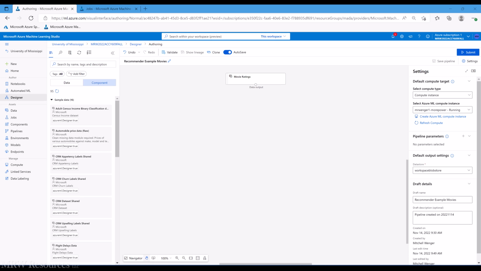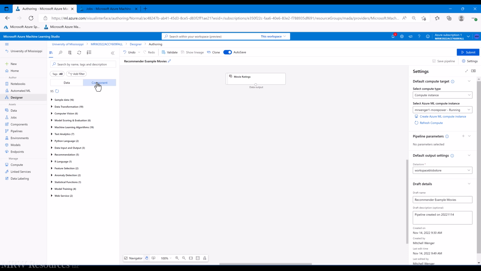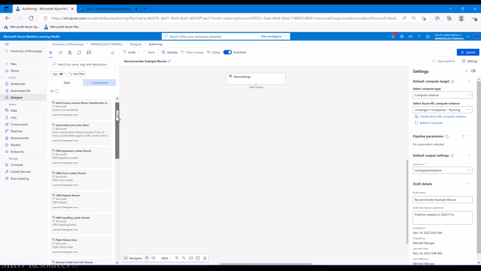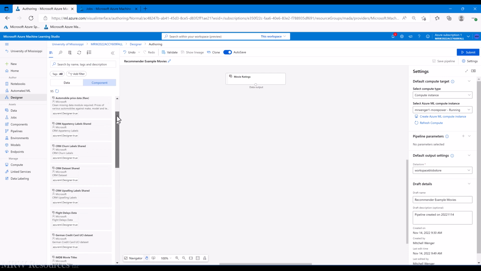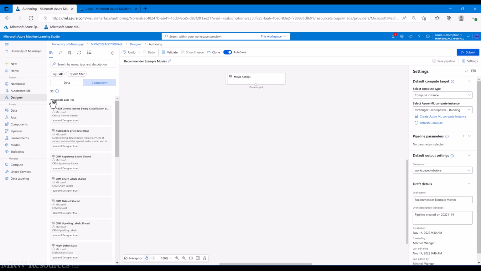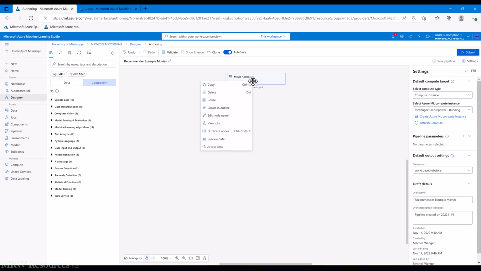All right, in this video, we're going to start working with recommender systems. So I've started by bringing in the movie ratings data set that's available in the sample data. If you go under components, sample data, you'll see there are a bunch of sample data sets already out there. So I just brought in the movie ratings one here. And if we just take a quick look at it,